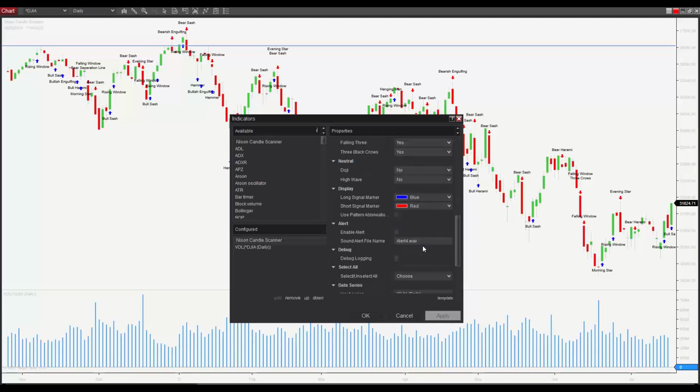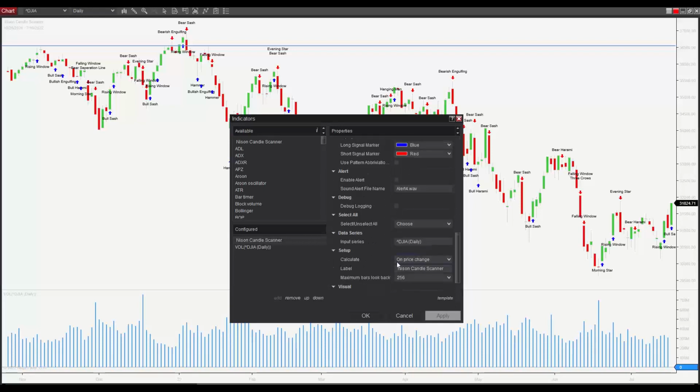Okay, you can change colors. You can do a whole lot of different things. You can even do on price change or on bar close. So why is that important? If you do it on price change, as that specific candle is moving in live real time, let's say it becomes a bullish engulfing pattern. It will be identified as a bullish engulfing. But let's say the next minute it moves down, it's no longer a bullish engulfing,